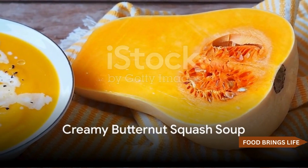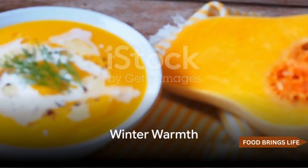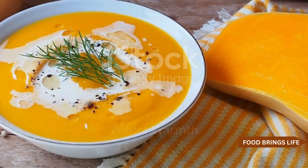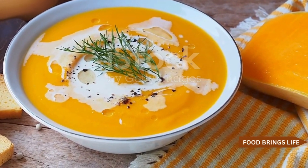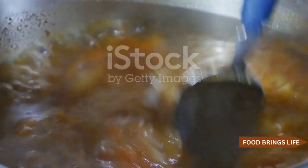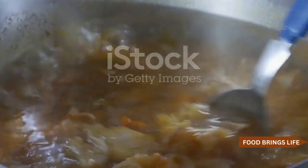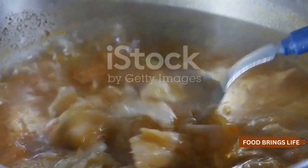First on our list is the classic winter favorite, creamy butternut squash soup. This velvety delight, brimming with the rich flavors of roasted butternut squash, carrots, and a hint of nutmeg, is like a warm hug in a bowl. Here's how to whip up this soul-soothing soup. Start with roasting the vegetables, blend them to a smooth consistency, add cream and seasonings, and voila, your comforting bowl